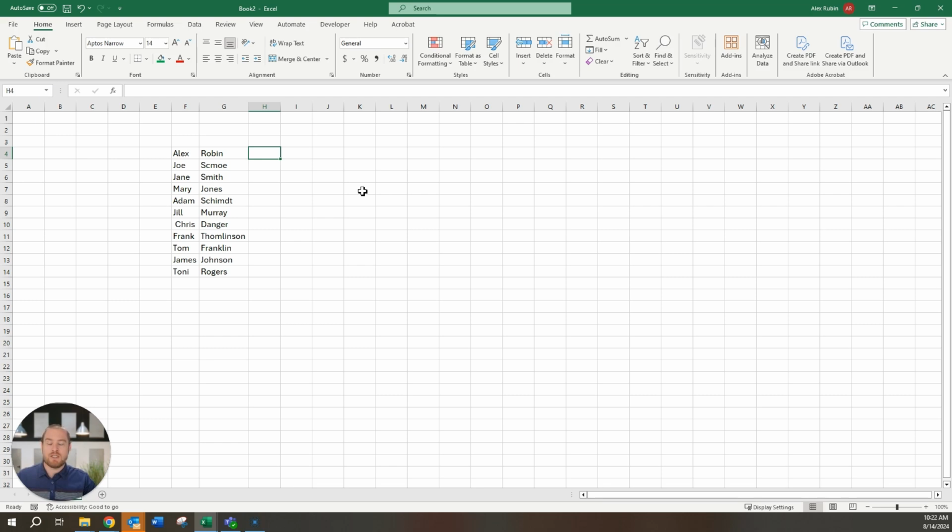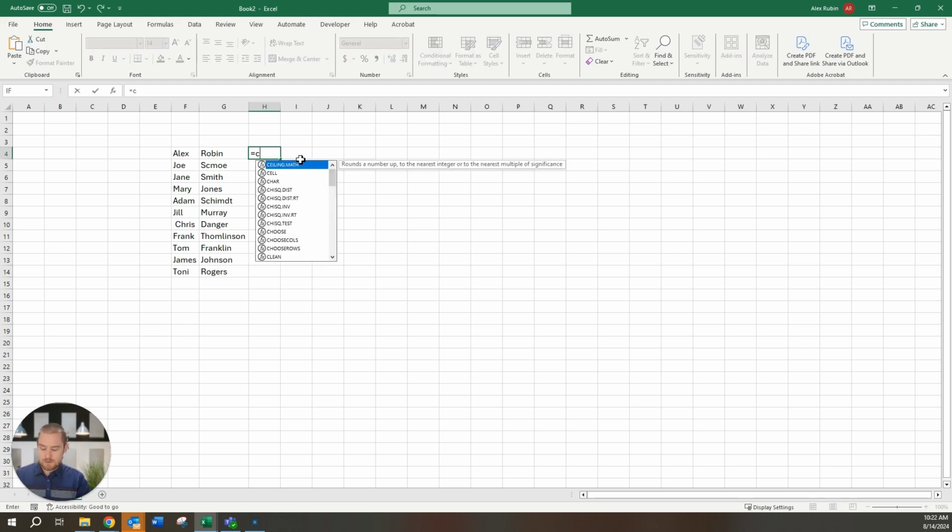If we look at our data sheet here, we have first name and last name in two separate columns. Let's start by bringing them together using concat. We're going to type in equals concat, open our parenthesis. Now there's two ways to do this. I can continue typing as much as I need to in this straight line, or I can use the formula